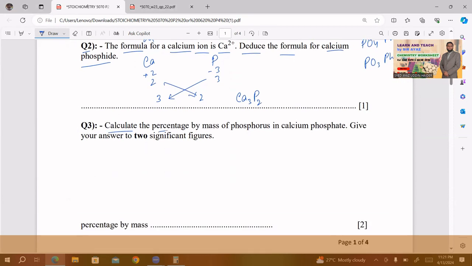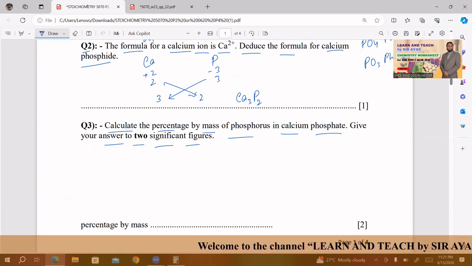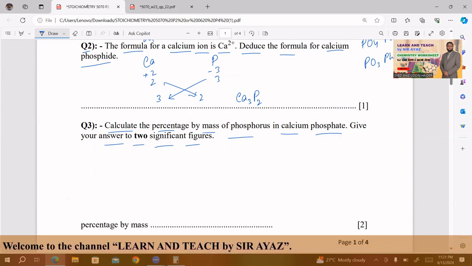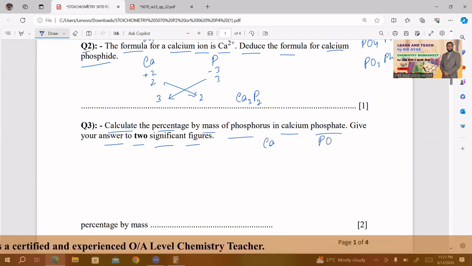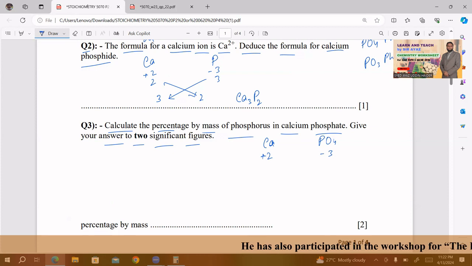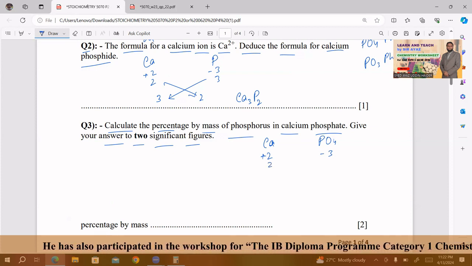Question number 3, calculate the percentage by mass of phosphorus in calcium phosphate. Give your answer to 2 significant figures. Calcium phosphate. First of all, you should know the formula for calcium phosphate. Formula for phosphate is PO4. Calcium is in group 2. It must carry +2 charge. Phosphate carrying -3 charge. So ignoring their charges,